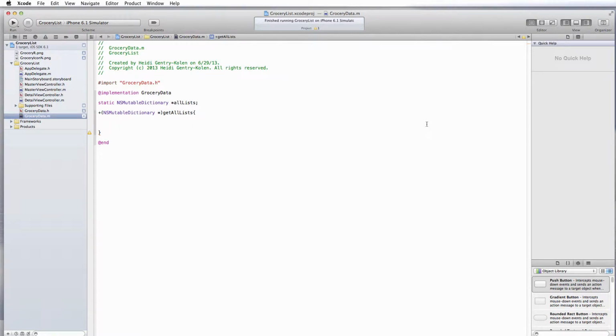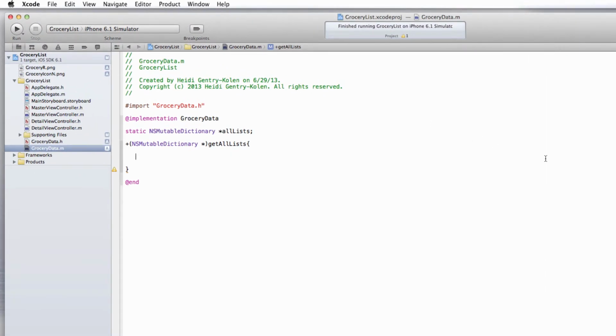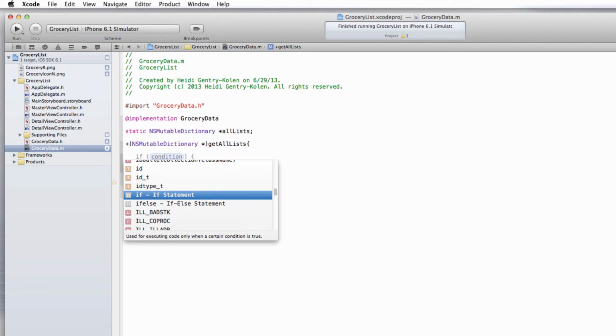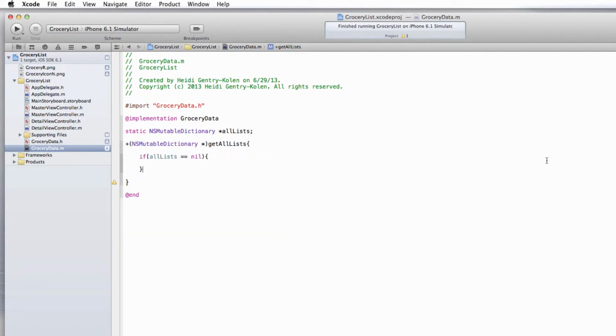Alright, so now that we have our allLists mutable dictionary, what we want to do inside our getAllLists method is check to make sure that allLists has been initialized. And so what we want to do is use one of our if statements, and we're going to check to see if allLists is equal to nil. Now nil is like saying null in other languages, and if it is, then inside the curly brackets,